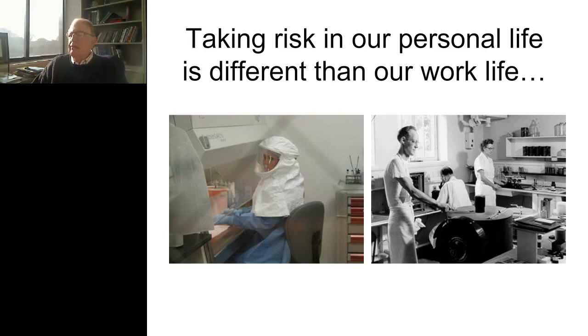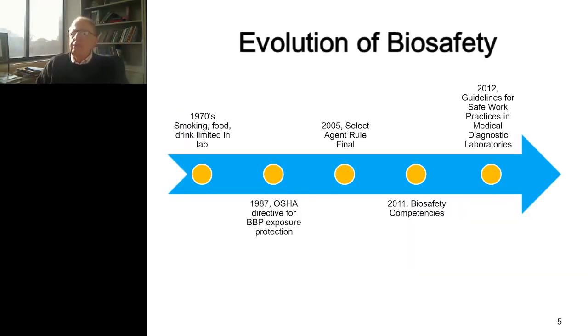Moving on to the next slide, this is something that I put together called the evolution of biosafety. It's just an interesting look back at biosafety in the past 50 years. There seem to have been 3 sentinel events. First, back in the early 1970s, it was recognized that laboratorians were at high risk for hepatitis B virus infections. As a result, there was a clampdown on eating and drinking and smoking in the laboratory. I know you can't imagine anyone ever doing that, but I assure you that I saw it myself back in the